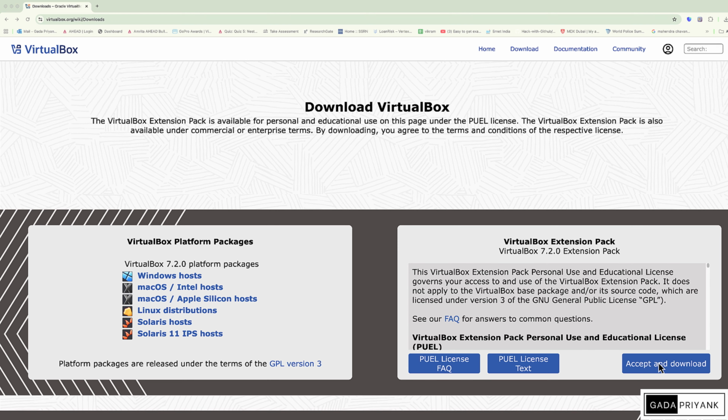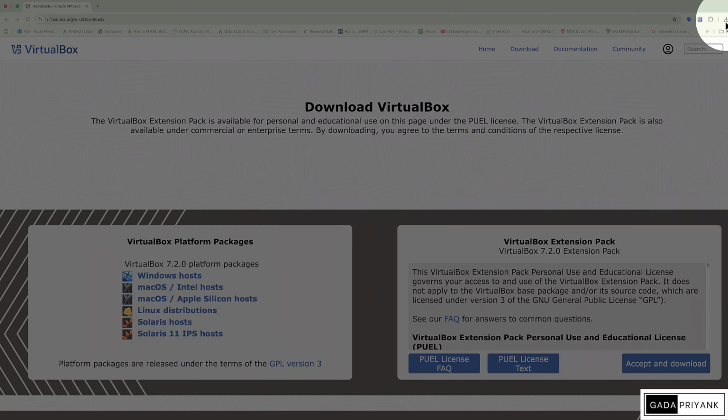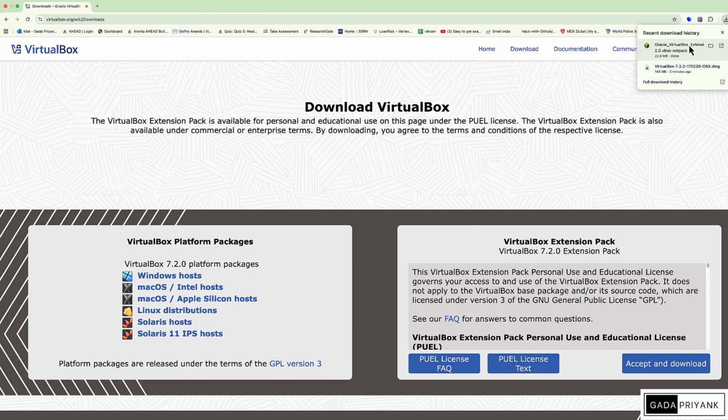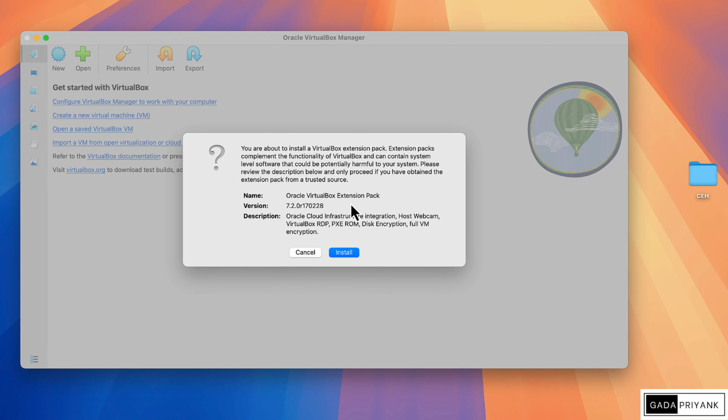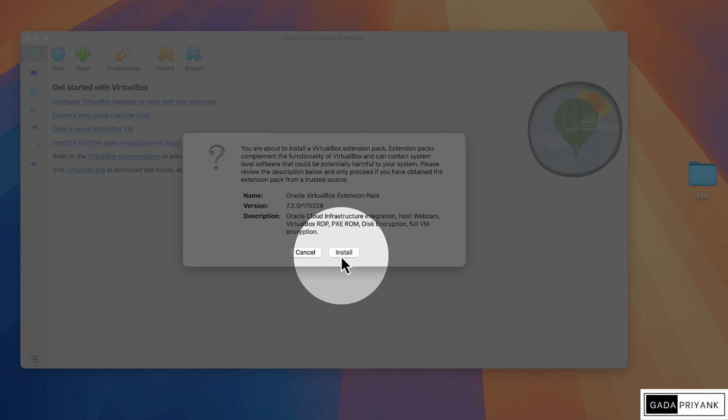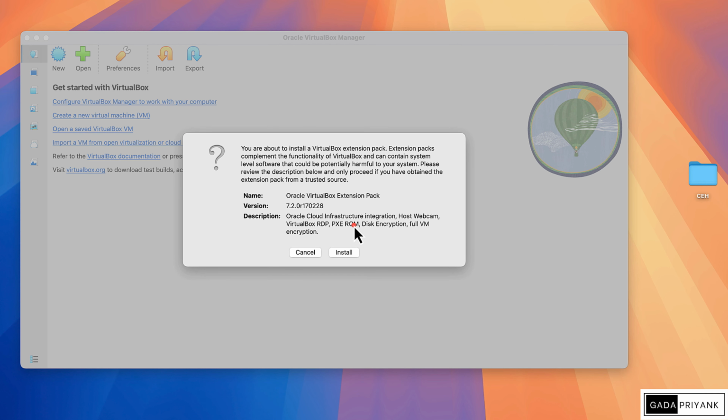Now go back to the official website again, and on the right down side, you will see at the bottom, you will see an extension pack. Now this is required because VirtualBox will be utilizing our main computer's resources. So once you download it, you just have to open it and it will be added to your VirtualBox. Now make sure you are opening it after you install VirtualBox. So this is the pop-up that you will get. You just have to click on the install button and the extension pack will be installed.